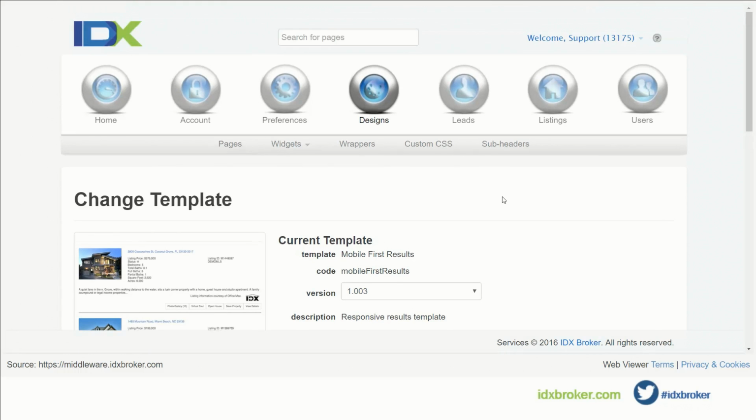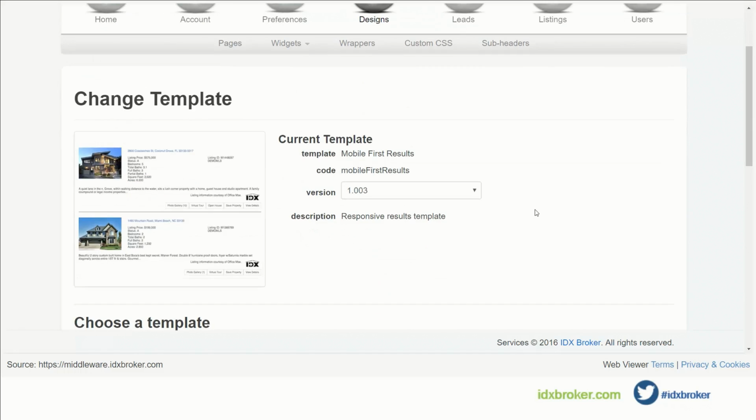We actually have a question. Somebody would like to know which is better, to use the mobile wrapper or to not use the mobile wrapper and use the mobile first. That's an excellent question, and it really comes down to taste. If you like one of these other templates,